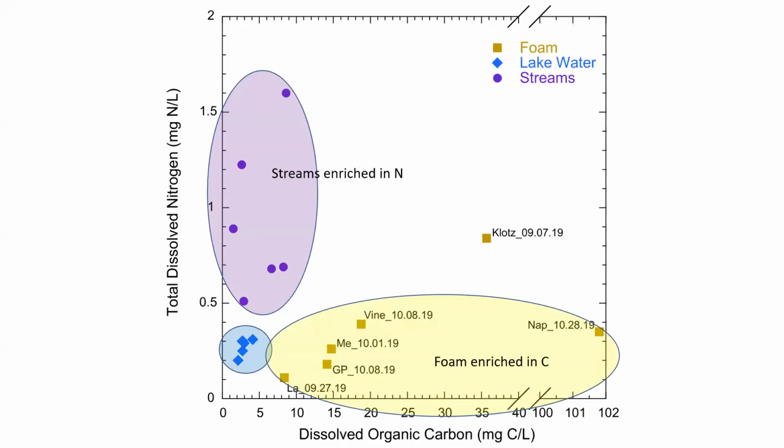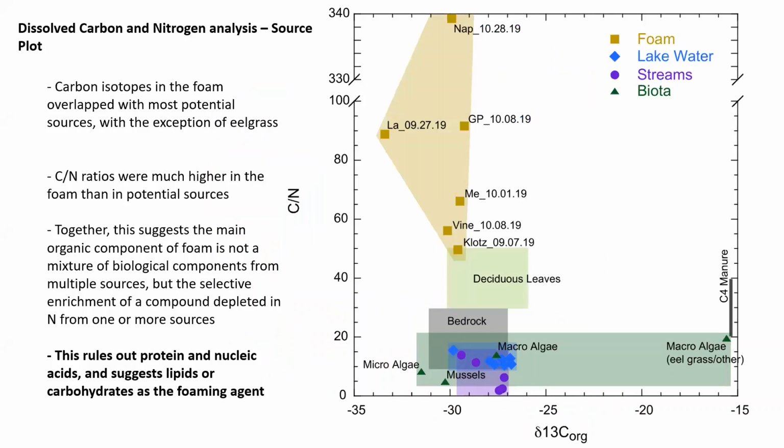So it's useful for us, but it's not treated in the same way as the other samples. So we see a strong enrichment of carbon in the foam. What you're looking at here is how we typically look at sources. We make a source plot. So we took that carbon and nitrogen data, and we took the ratio of carbon and nitrogen and plotted it